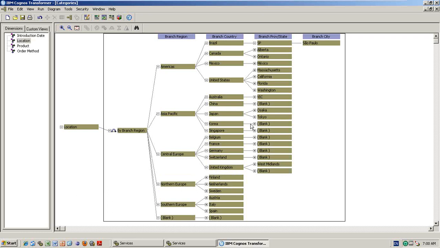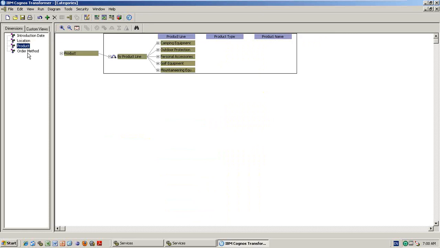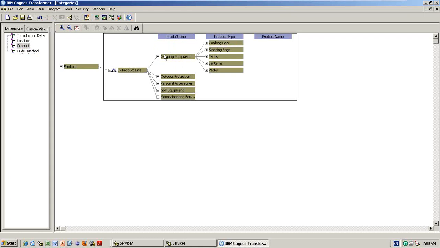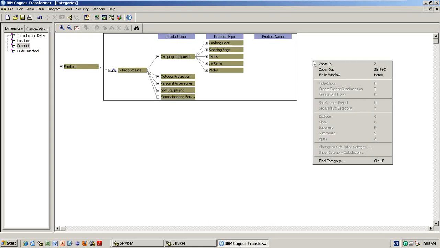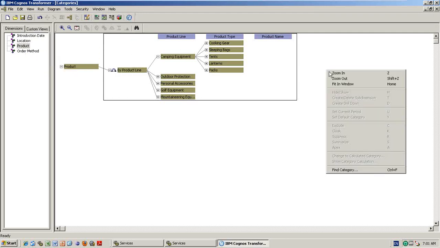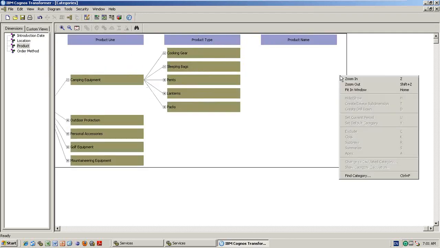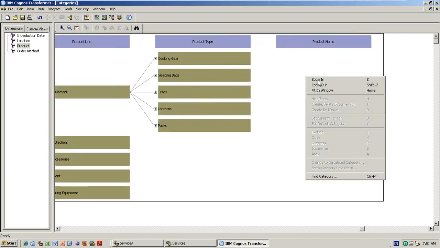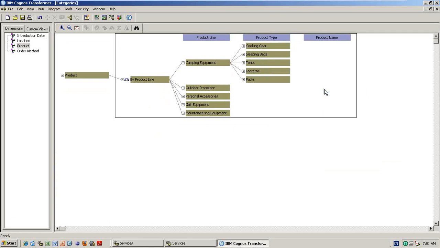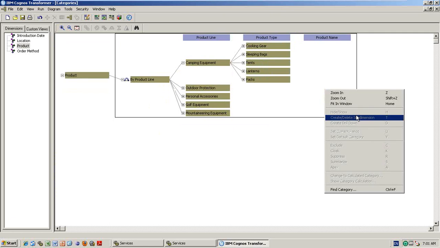So that means if you see the product and all those things. Now let me go ahead in the product line. These are the things available, right? See, under cooking here, this many products are there. Now I will tell you some of the things. See, zoom in, zoom out, fit in window. Zoom in means it will become bigger. Zoom out means smaller. And fit window means it will fit exactly into one window.